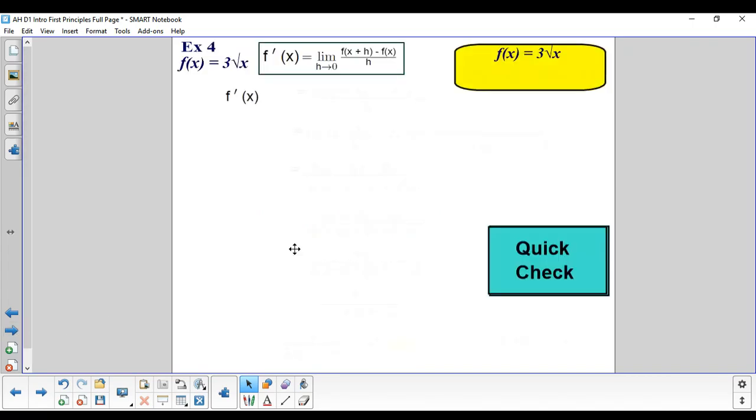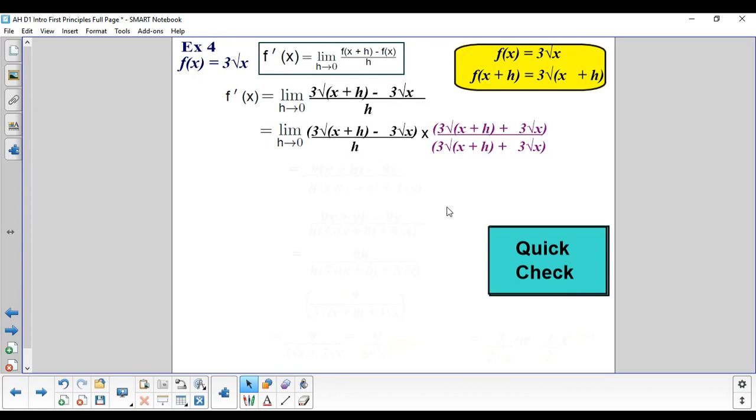Right, so how would I cope with this? The f of x plus h is 3 root x plus h, which is obviously quite tricky to do. So when we substitute in here, we've got 3 root x plus h minus 3 root x over h. And if you remember, I said we're going to have a difference of two squares. If that is minus, we will have plus. Okay? You might not think that looks easy at all, but believe me, it's going to simplify really nicely because